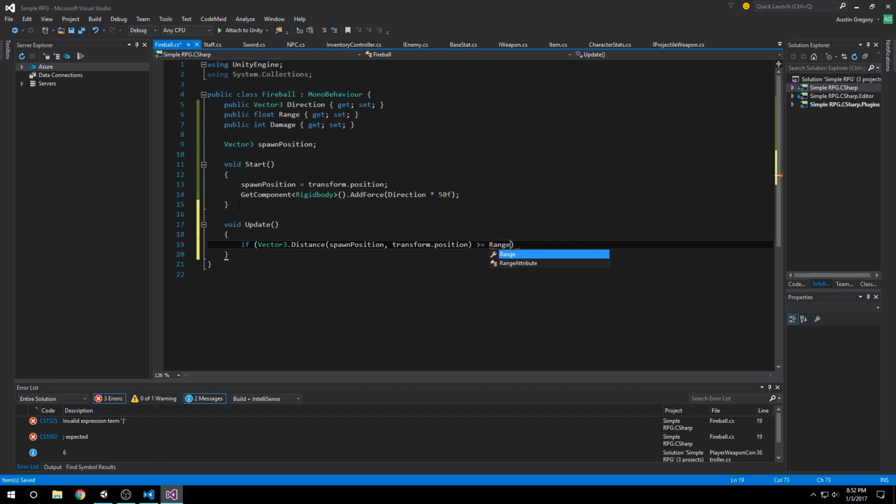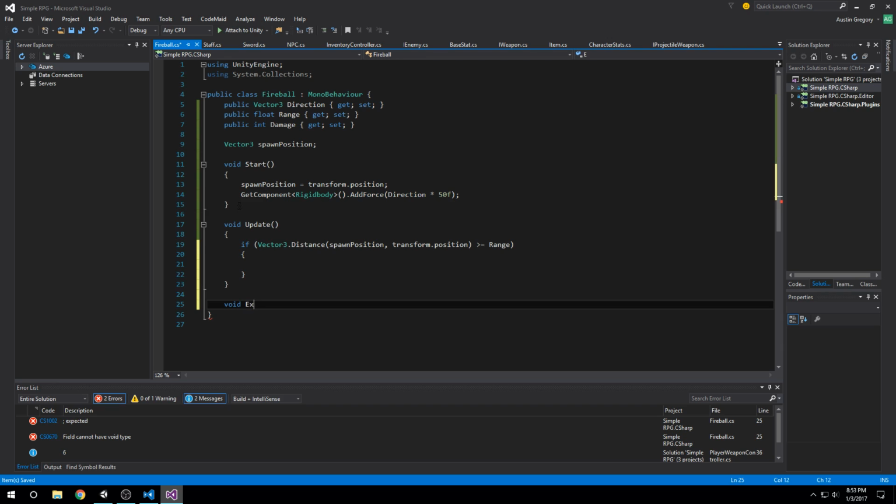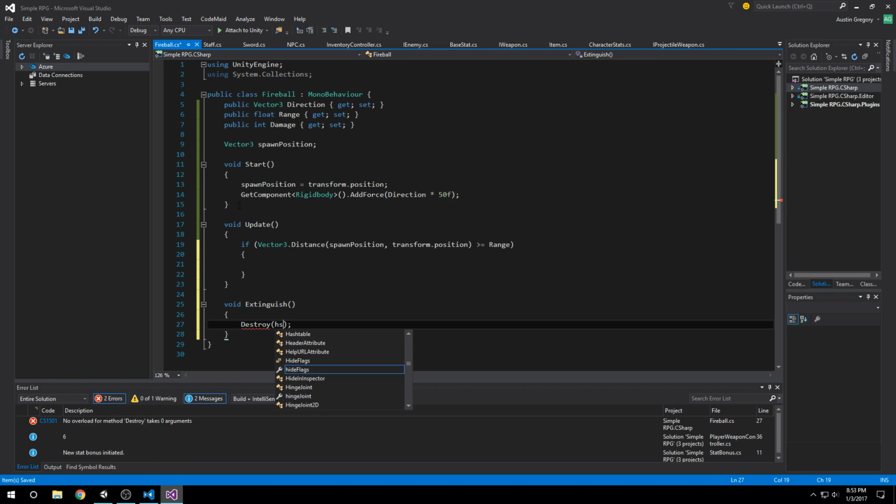in this case, it's not set up for anything, but you could set it up in your stats if you wanted to. If it's greater than or equal to our range, then we need to do something. What I'll do is set up a method called Extinguish. Is this spelled right? Yeah, sure. And what this will do for now is just destroy the game object,